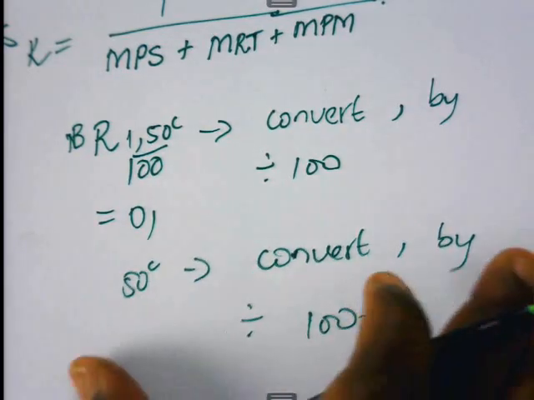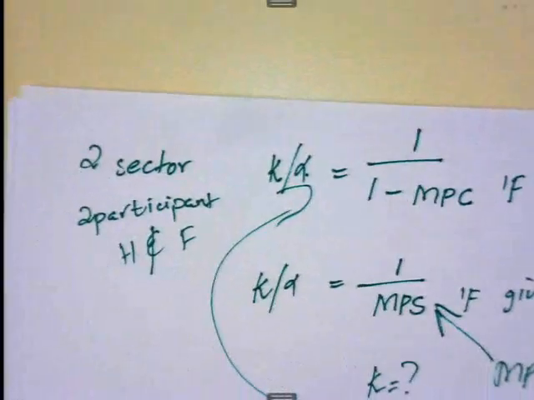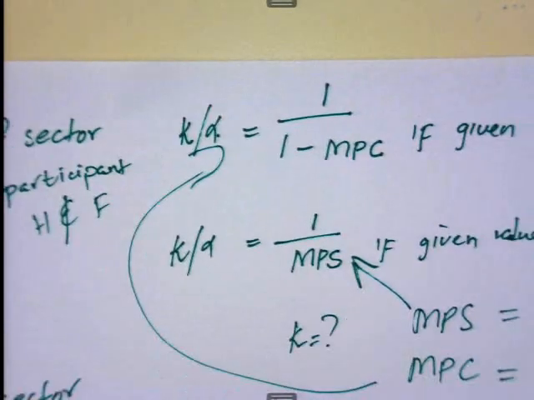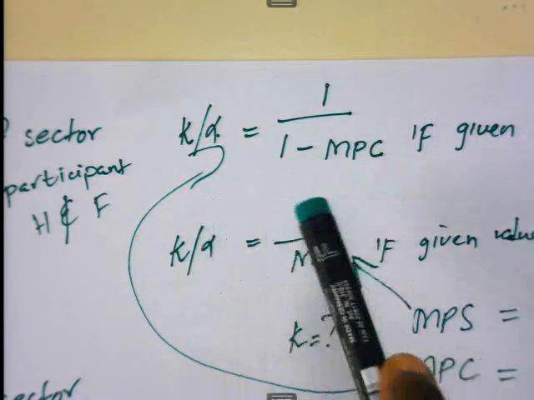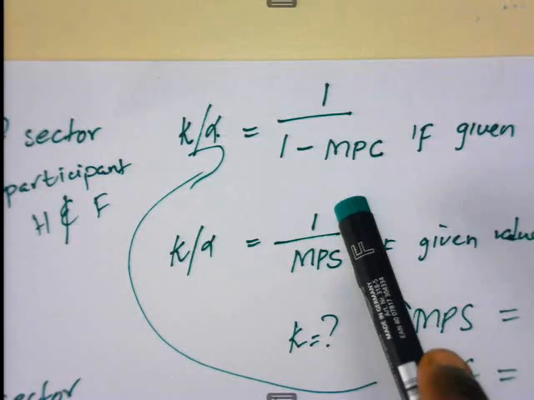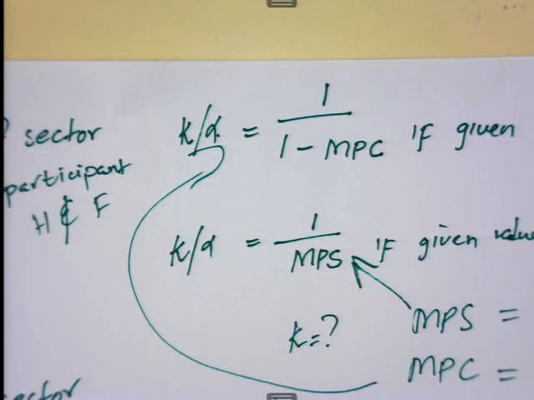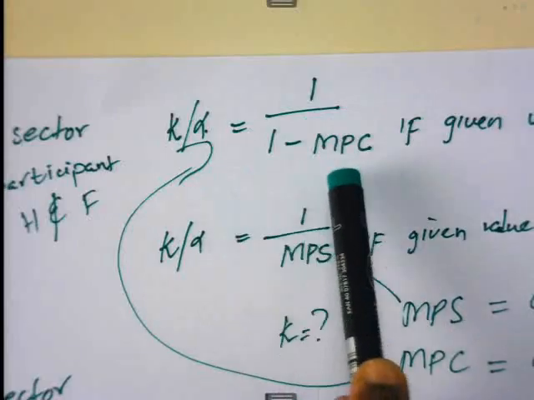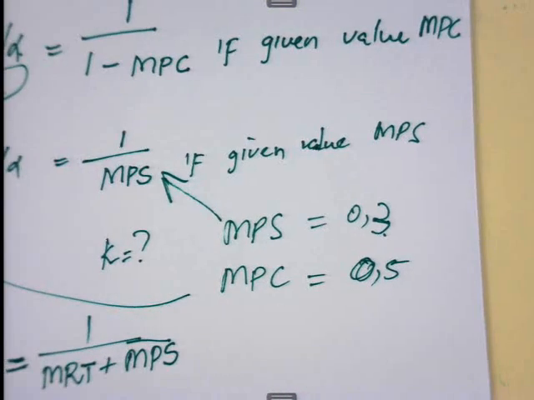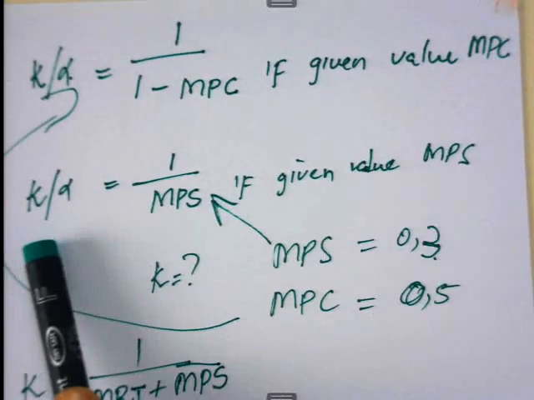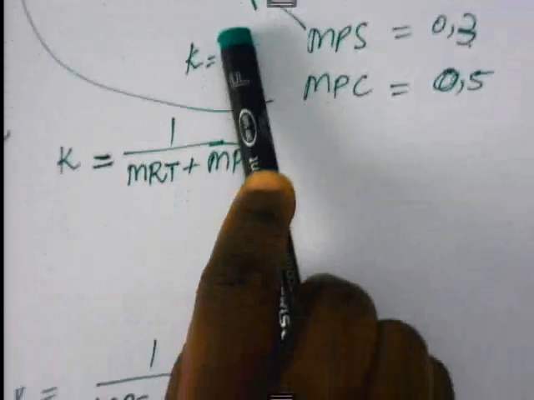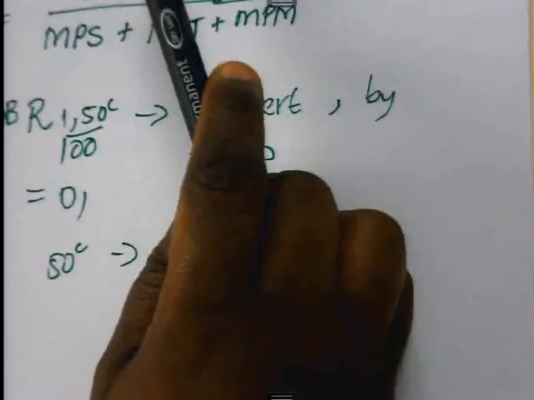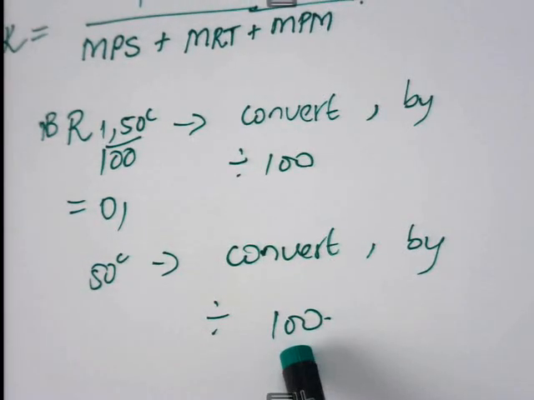Please make sure that you all know the formula of the different sectors of the economy. For a 2-sector model, we use the formula 1 divided by 1 minus MPC, whereby MPC refers to the proportion consumers are willing to spend. If you are given the value of MPC, this is the formula: 1 divided by 1 minus MPC. But if you are given the value of MPS, you use the formula alpha is equal to 1 divided by MPS. And you must always remember to convert your values to a decimal number